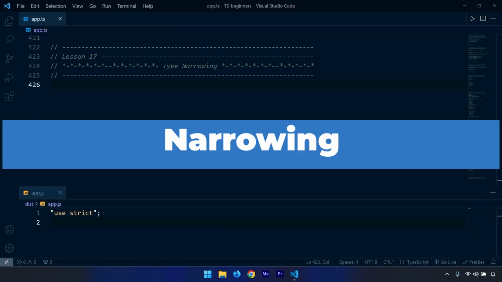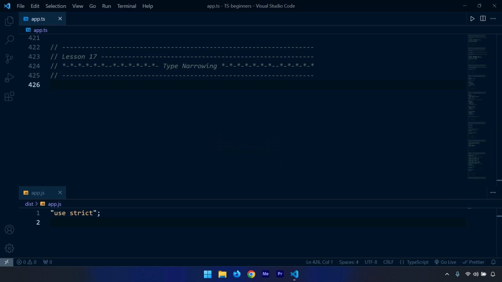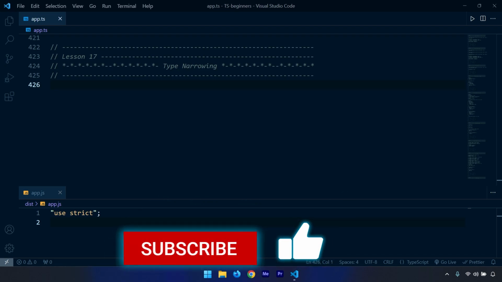Hi and welcome to this lesson. In this lesson, we're going to talk about type narrowing. When we have multiple types annotated on a single data, we can narrow the value down to one type to